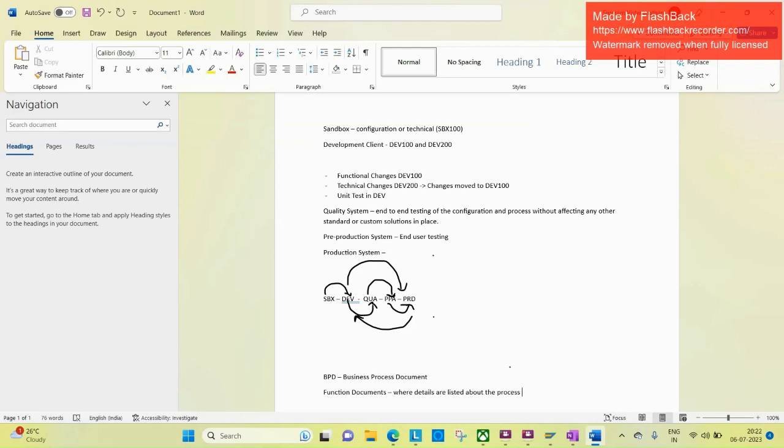Okay. There is nothing wrong in including a flowchart in a functional document or a BPD, but there is a template which your project might be following, so it is better to stick with that. I think flowcharts usually come in the BPDs, business process documents, where you say that, okay, this is how the process is going to flow. In the functional document,